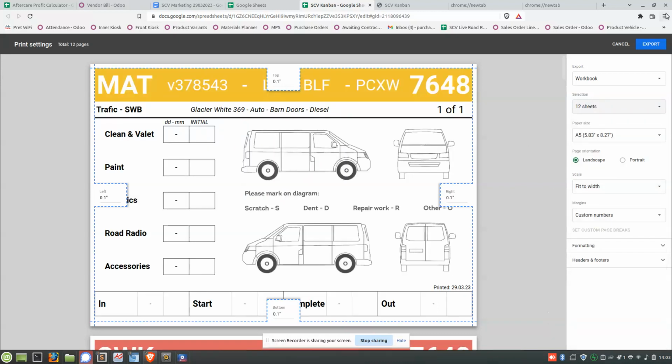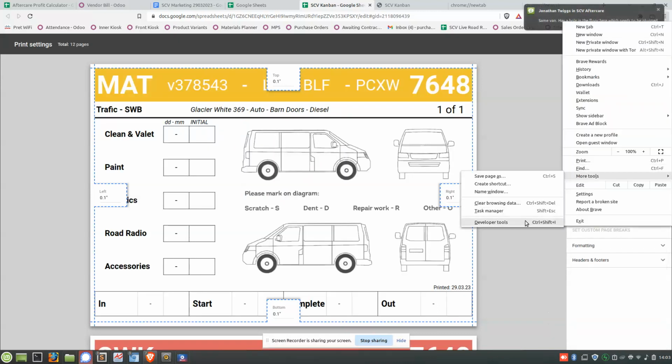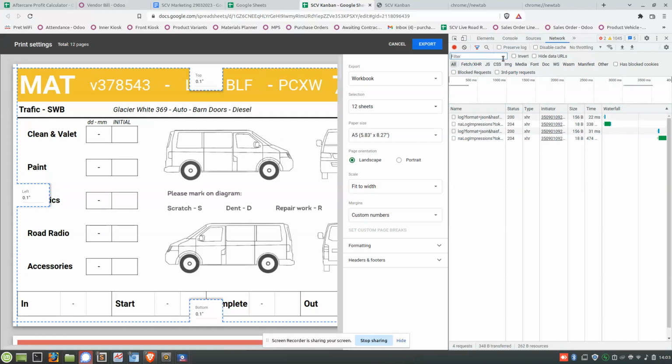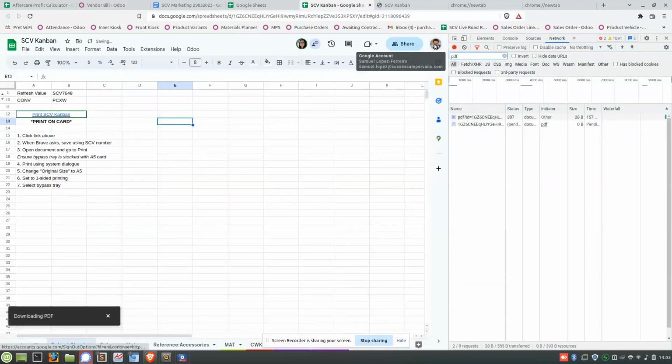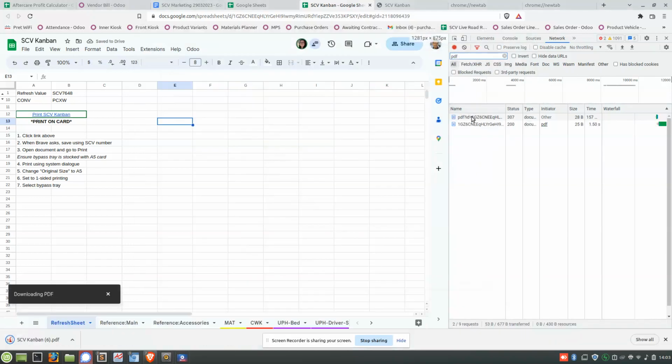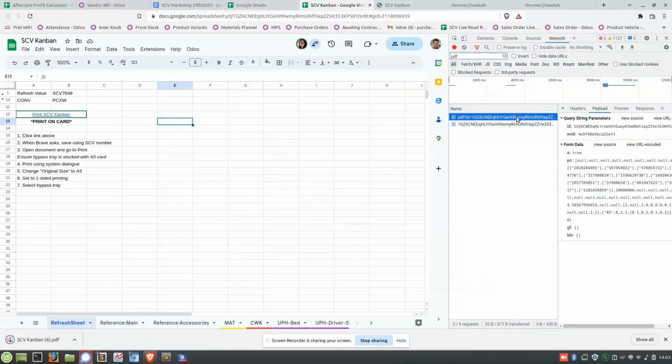And then what you want to do is click these three lines and go to More Tools, Developer Tools, and then you want to go to Network, this Network tab, and type PDF in the filter bar. Once you've done that, you want to click Export or download the PDF. You hit Save. Then there's a PDF here, and what you want to do is click this top one where it